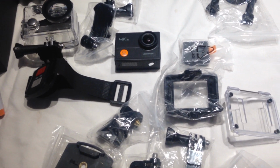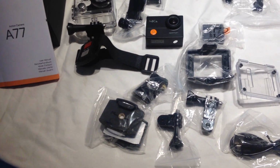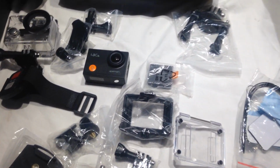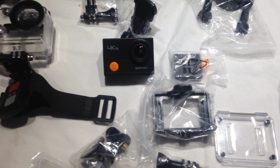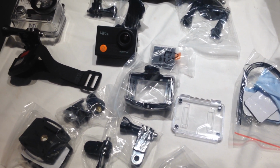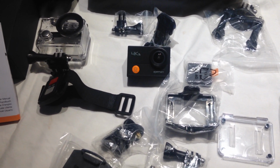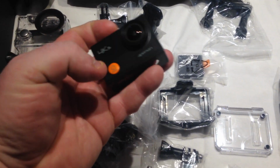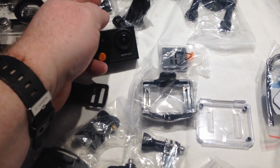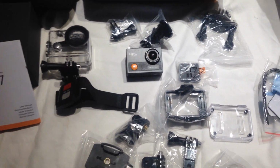The real reason I'm doing this video is because I racked and researched my brain out to try to find a cheaper solution to the GoPro, and I came to this decision. There was one other camera that was really good, but it didn't come with the accessories, and it worked out to be about $55 US, and it was a Y Lite, and I guess it has even gyro stabilization, but you'd have to get an extra kit, which I did. I did get an extra accessory kit with this one, and